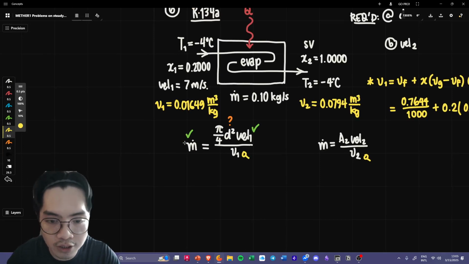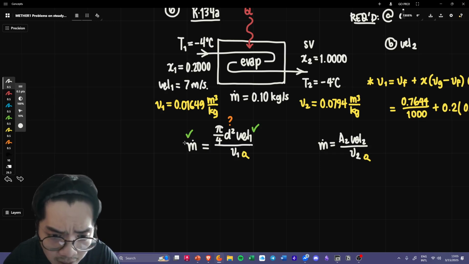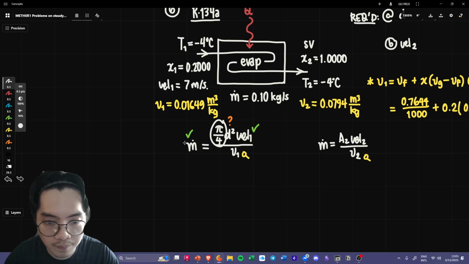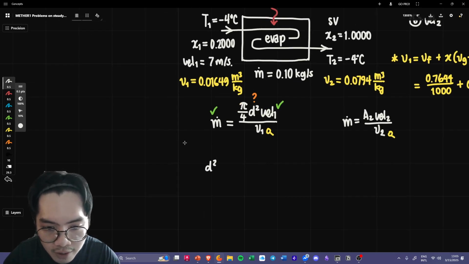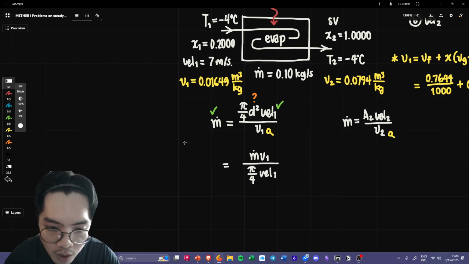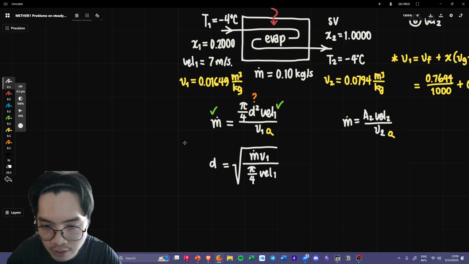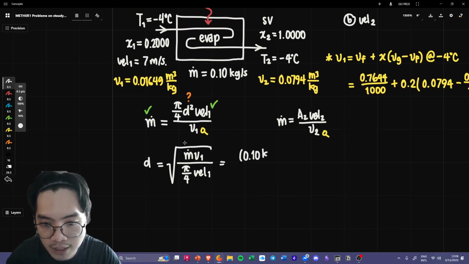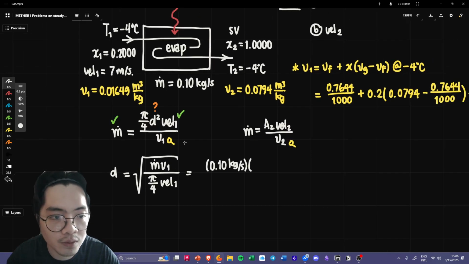Well, let's just rearrange everything, right? Let's put our denominators on top, and let's put our numerators at the bottom. So this will be D squared is equal to m dot V1 all over pi over 4 vel 1. And because you want just the value of D, you can just square root everything. This now becomes square root of m, which is 0.10 kilograms per second. Your V1 is